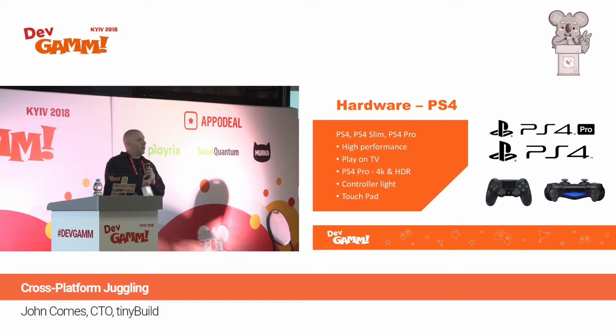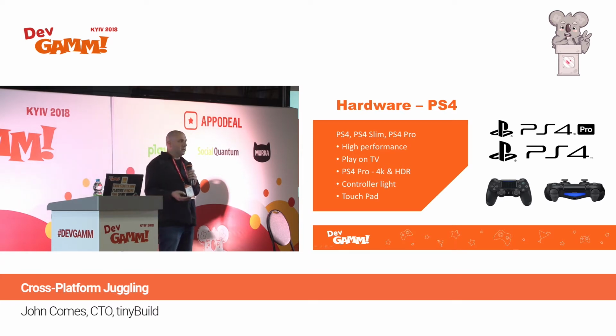They have a little light on the front of their controller that you can control inside your game. And there's benefits that I'll get into later about using that. And their controller has a touchpad. The Xbox controller does not. So if you are porting your game to the PS4, you have to make sure that if you want to use these features, even though they didn't happen to be in the Steam version or the PC version, you have to consider this when you put it on the PlayStation.